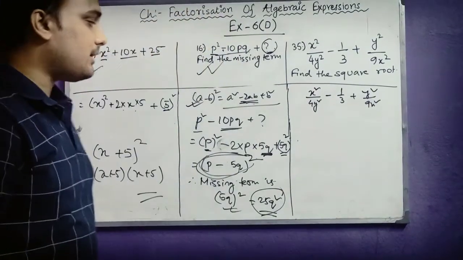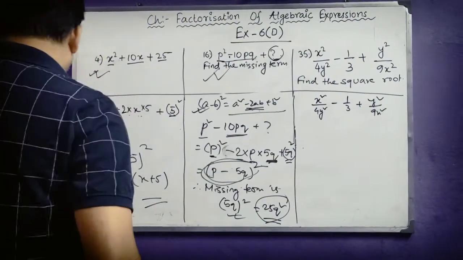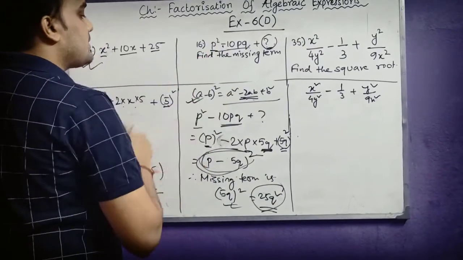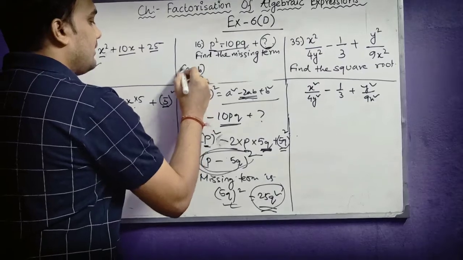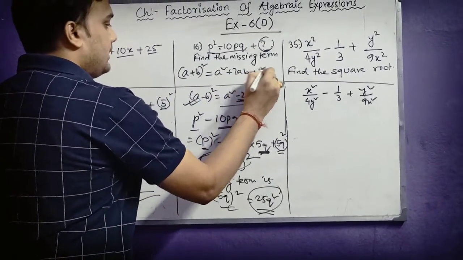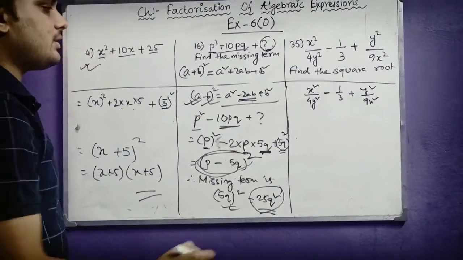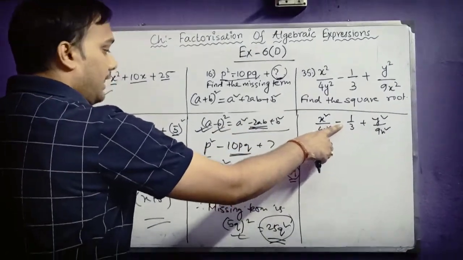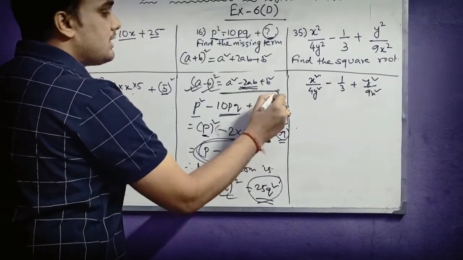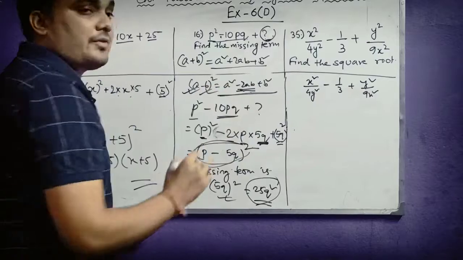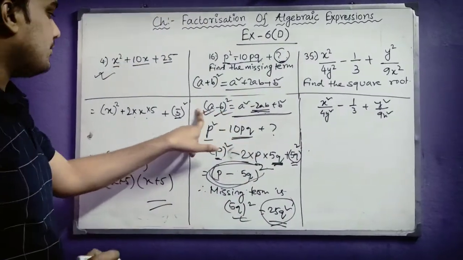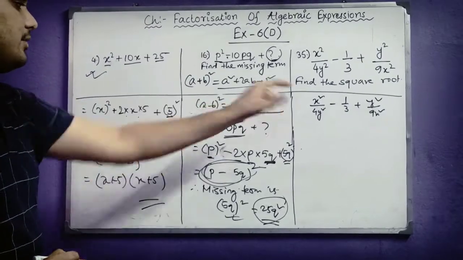First, student, you have to understand which formula should I use. Should I use this formula or should I use this formula? First you have to select between these two. Definitely, student, I have to use this formula because there is a negative sign in between. If I use the other formula, all should be in positive sign, but here one is negative sign. So definitely this formula I will use. This is the main formula which will be utilized here.